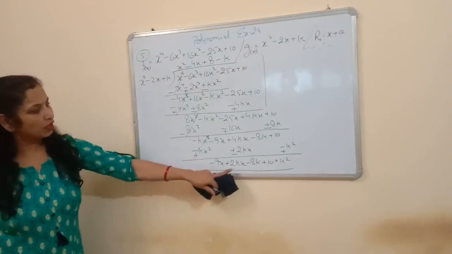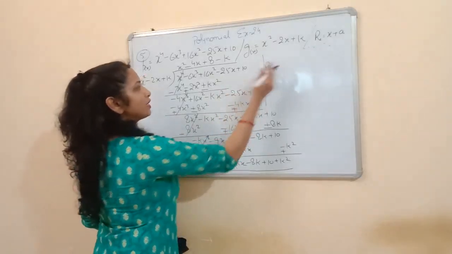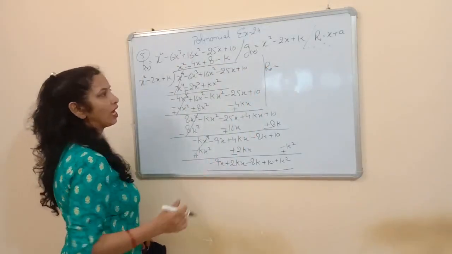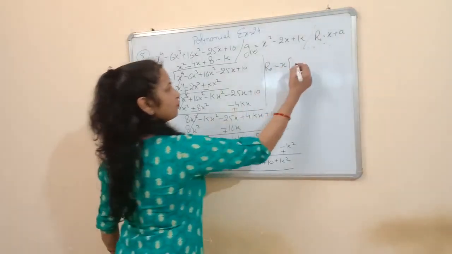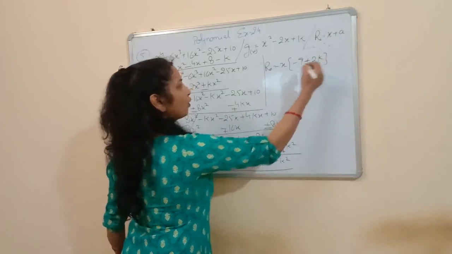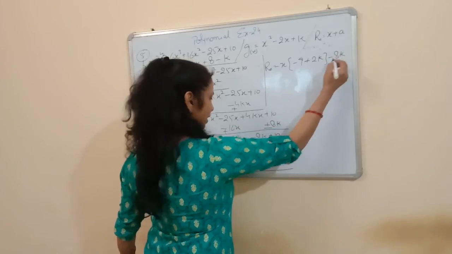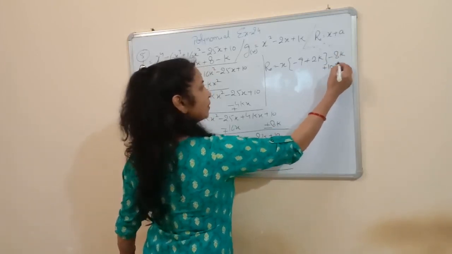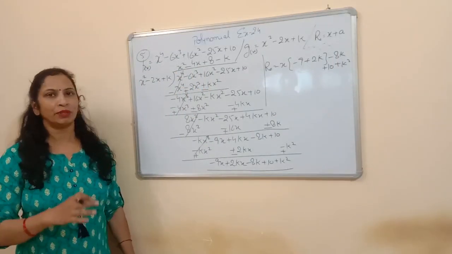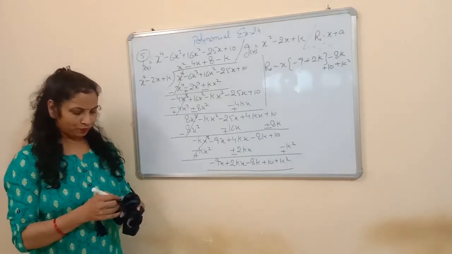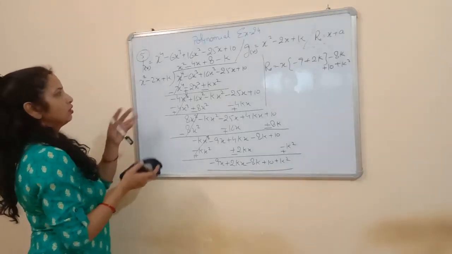So now मैं x कॉमन ले रही हूँ ताकि मैं ये देख सकूँ कि x के कोफिशिएंट क्या आ रहे हैं. So according to this division, we have the remainder, by taking x as a common, minus 9 plus 2k. यही है x के कोफिशिएंट. और क्या बच रहा है इसको भी लिख लेते हैं. It is minus 8k plus 10 plus k square. Okay, so this is all the remainder, but according to the question the remainder is x plus a. So what should we do? So first I am going to rub the board because this board is very small.